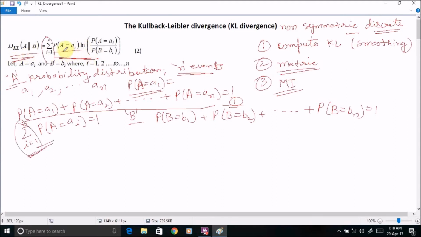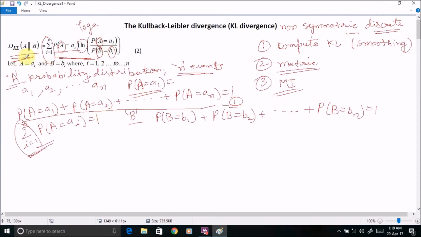This indicates the probability of occurrences of event AI from probability distribution A, log of the probability of occurrences of event AI from distribution A over the probability of occurrences of event BI from probability distribution B, and simply we can calculate the